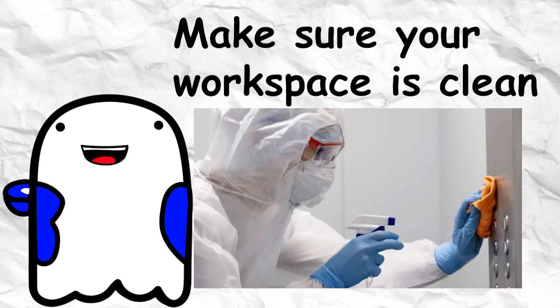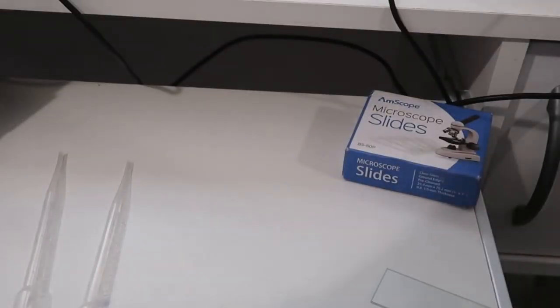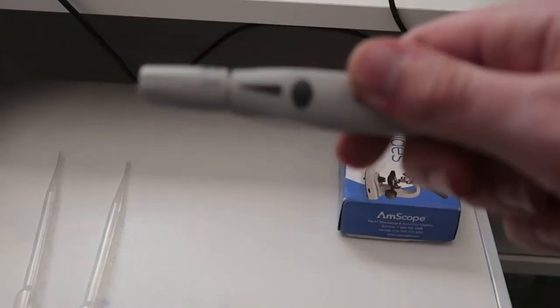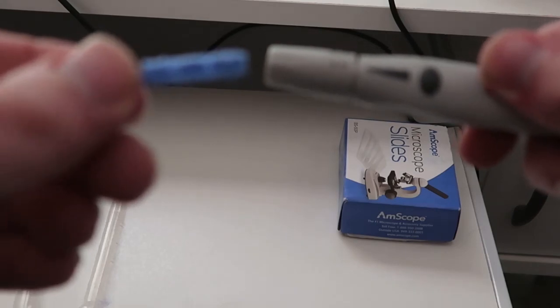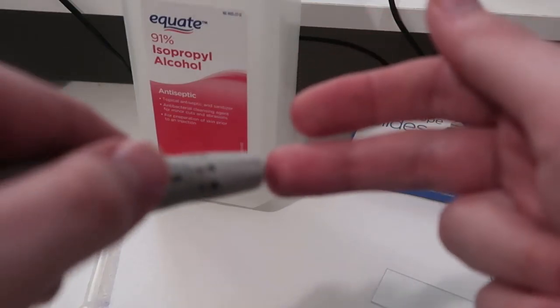To actually get the blood on the slide, first you want to make sure that your workspace is sterile. I did this by wiping down my arms and work area with isopropyl alcohol and getting 2 fresh out of the box glass slides. I then put some more isopropyl on the finger I would be taking the sample from. Before this, I loaded my lancet with a new needle. I jacked the spring up to 4 to make sure I got some good blood flow and promptly exsanguinated myself